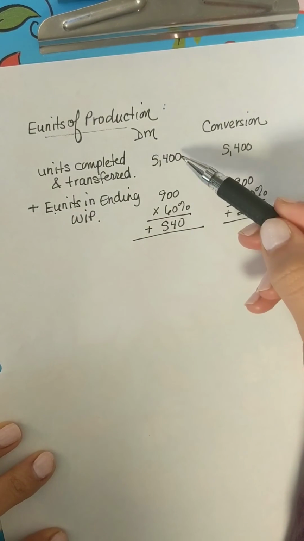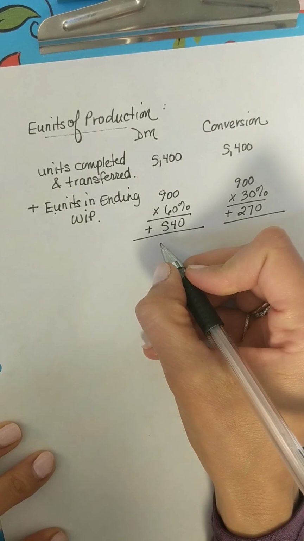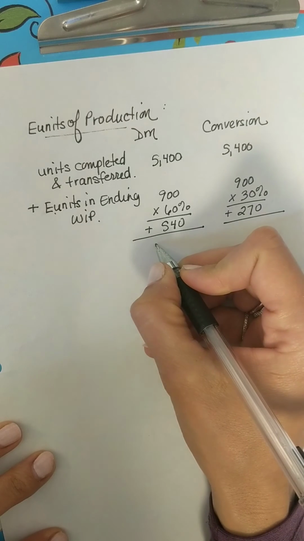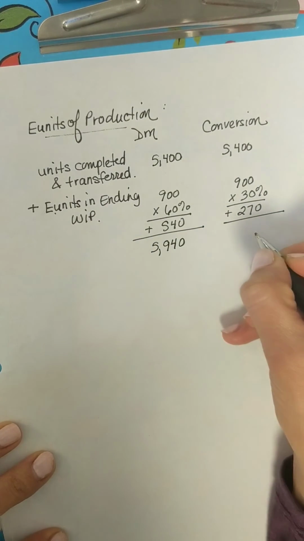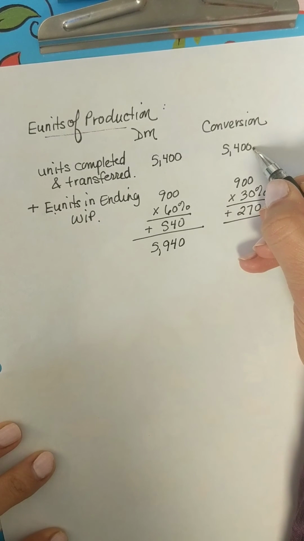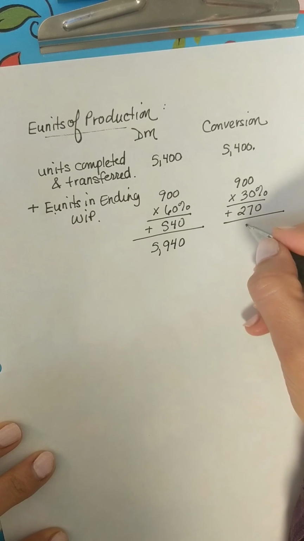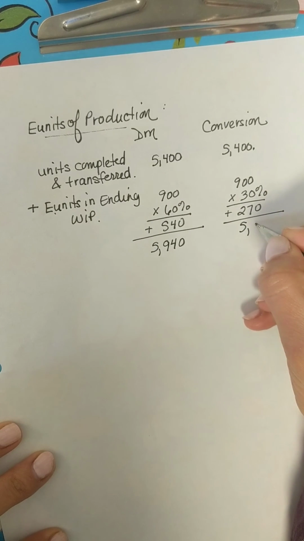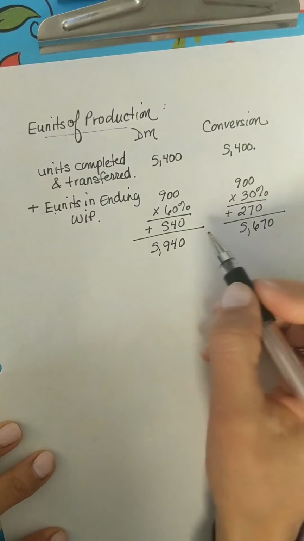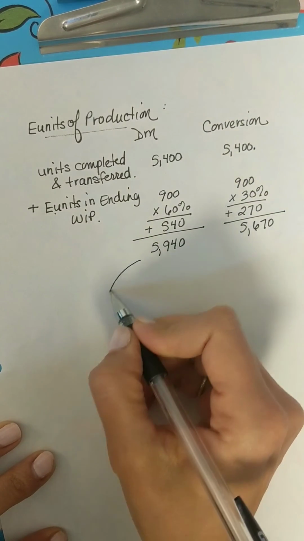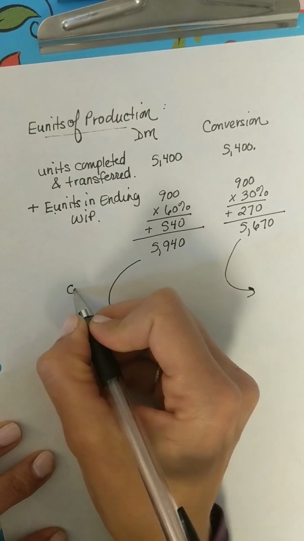So I go down the column. 5,400 completed units for direct materials plus 540 equivalent units in ending work in process gives me equivalent units of production of 5,940. For conversion, my completed units 5,400 plus my equivalent units in ending work in process 270 gives me equivalent units of production of 5,670. And so these are the numbers that are going to go into the denominator of my cost